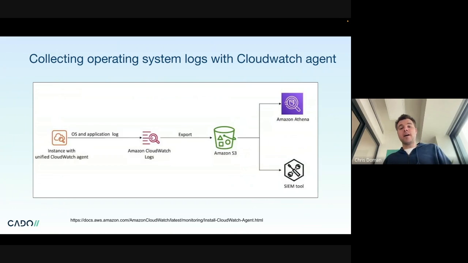It's also pretty cool, and this is a resource well worth checking out. You can actually collect the OS logs from inside those systems, for example inside an EC2 or container, into CloudWatch, so not just the stuff that's logged outside, but inside as well. You can even collect from on-premise systems too, which is pretty useful to centralize that. And then you can analyze it straight from S3, either in your SIEM, so you can index it, or Amazon Athena, which actually runs across the raw S3 data. I think we'll talk about that in a second as well.